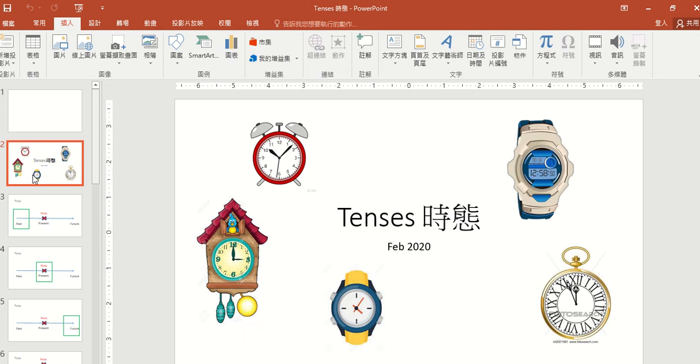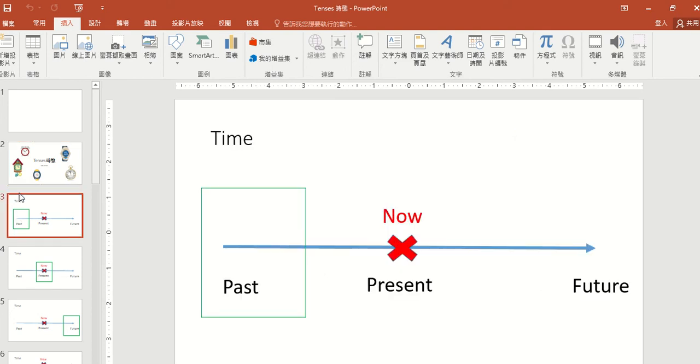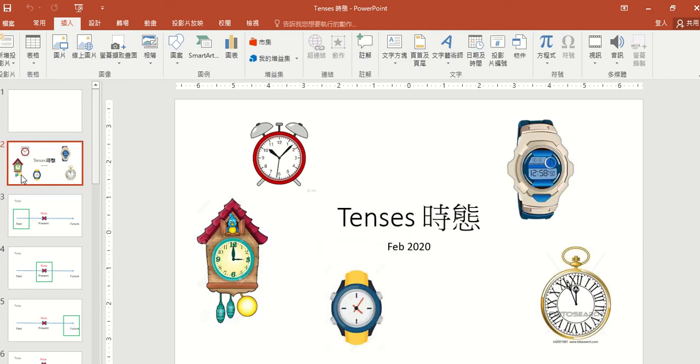Exercise 7. Now, before you take out your tenses worksheets, let's have a brief review on what you have learned over the years. Okay, starting from P1. Now, for tense, you can see from this picture a lot of clocks and watches. Because it means time, and you can also see the Chinese words. So whenever we talk about time